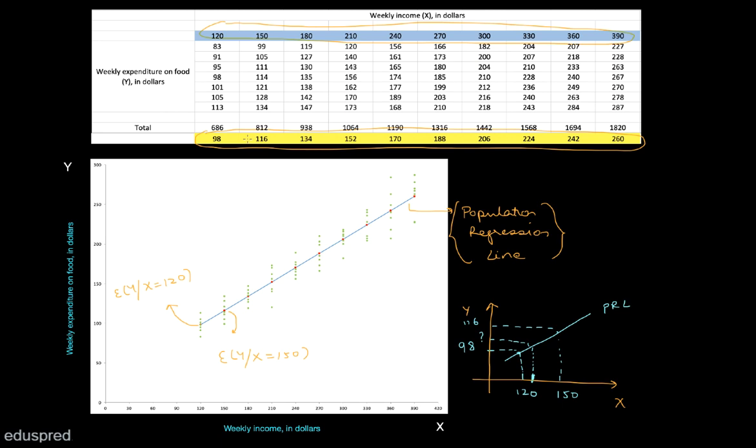So the main struggle that we are going to have when we move from population to sample is to actually figure out a line like this, because if you have the line, you have the quantification. So this is all for this particular video. I hope this video has given you some intuitive understanding of what it is that we are moving towards. We are moving towards getting this line. So in the next lecture, our purpose is to figure out the equation of this particular line.